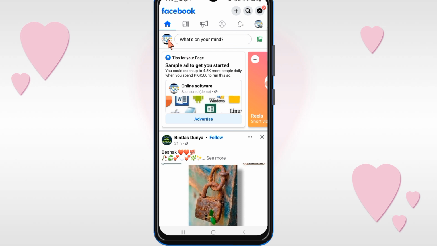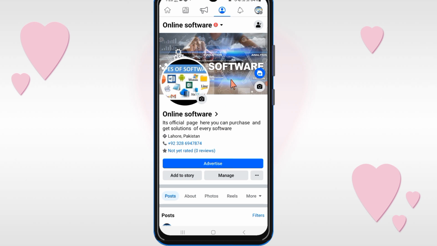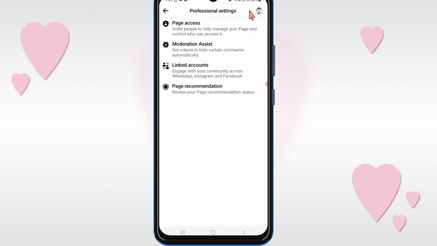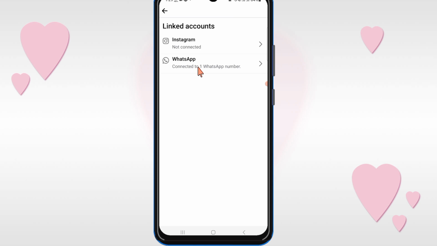So click on profile and then click on manage options and then you will see settings options. Click on it. Here you will see linked account. Click on it and then click on Instagram